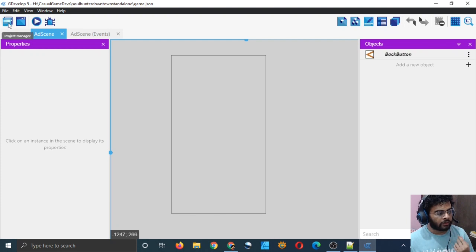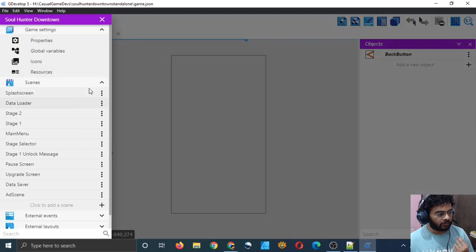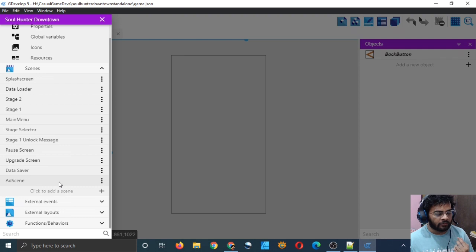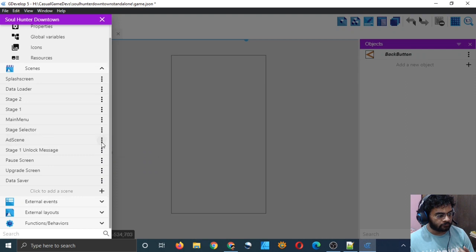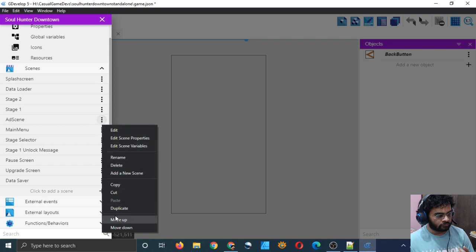In order to do that, I will simply bring my ad scene to the top so that it runs first thing in the app. So let's do that. Move up, move up, move up, move up.